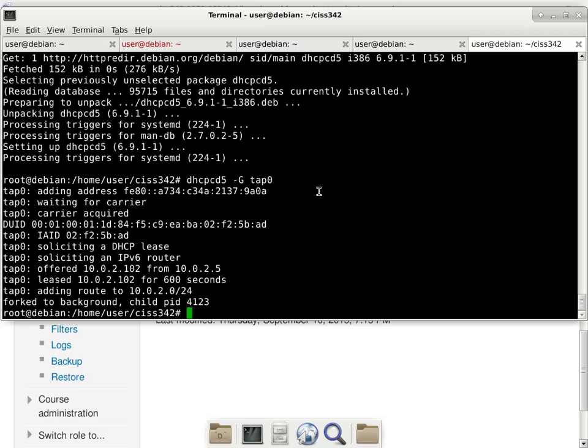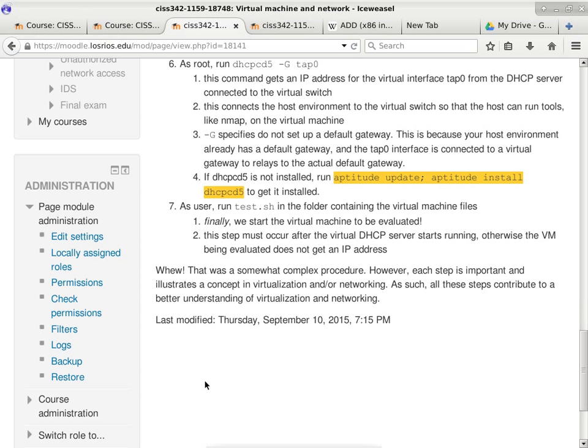Okay. So now this one single machine running the live environment has 2 network cards, quote unquote network cards, and 2 different IP addresses. It's not a problem. A particular machine can have as many IP addresses as you want. Now that this step is done, we can finally run the last one, which is test.sh.